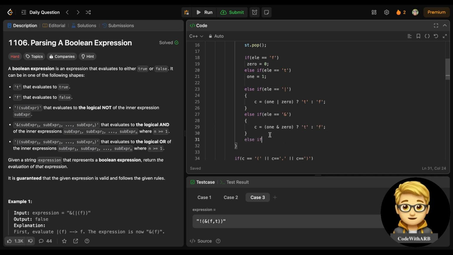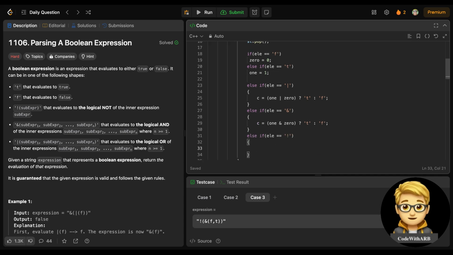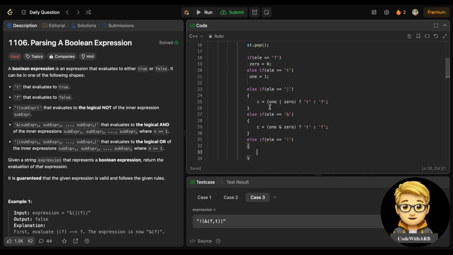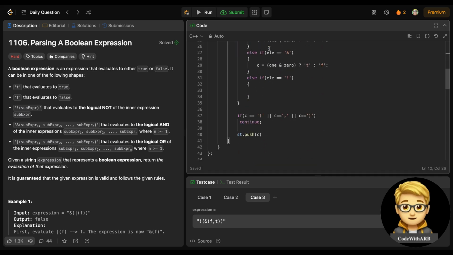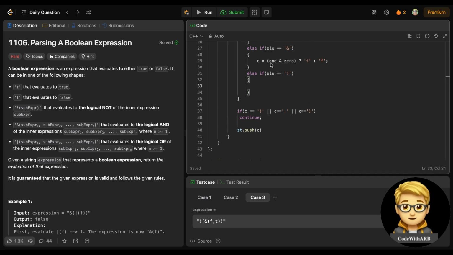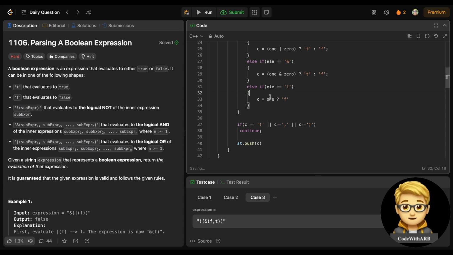Next, else if the element is negation, and this negation will evaluate on only one basis, either 1 is present or 0 is present. We are sure of that, because it will not work for grouping, right? So we will check if 1 is present. If 1 is present, it means we need to mark it as false, because it is a negation. Otherwise, if 1 is not present, it means 0 will definitely be present, and if 0 is present,